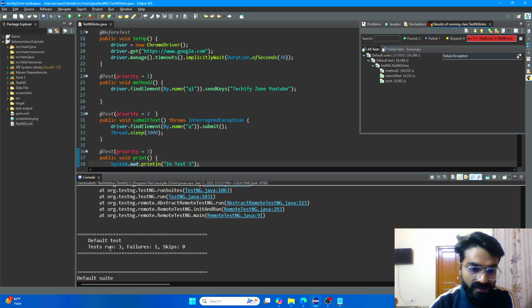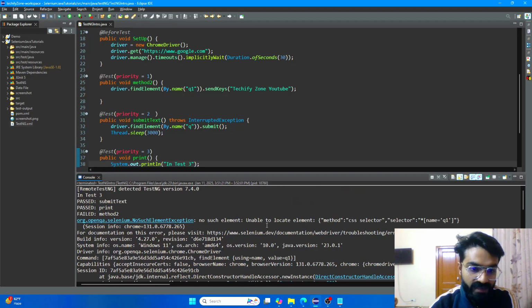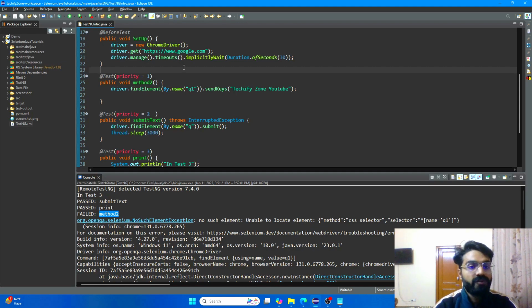See, tests run 3, failure 1, skip 0, which means that it executed my print statement. Right, in test 3, passed submit text, passed print, failed method 2, which means it's actually moving forward with that. Even if this test is a kind of prerequisite for this one, if this test is failing, this should also not go into the execution, but it's going. That's where we use depends on